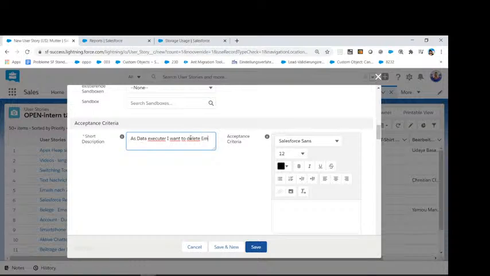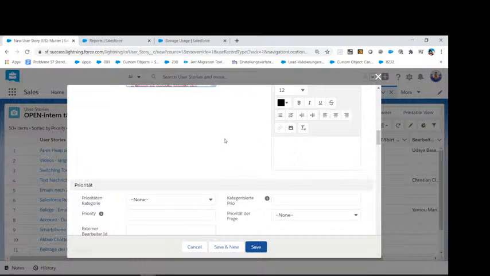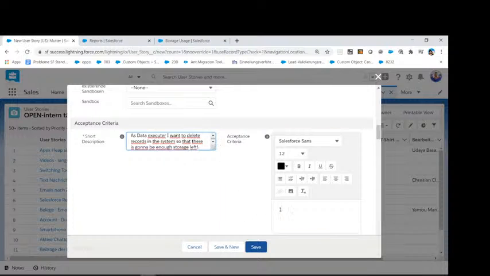No, let's say delete records in the system, so that there is gonna be enough storage left. Yeah, I would say the storage, let's tend to